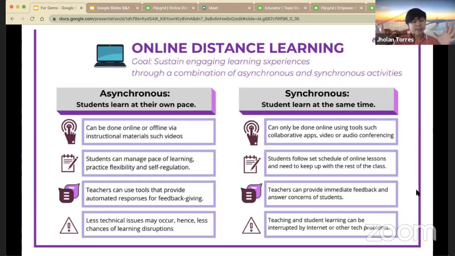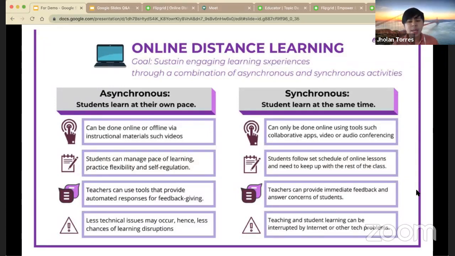Of course, lahat ng questions na na-collate natin, pwede natin siyang sagutin during synchronous learning or during our live sessions with our students.